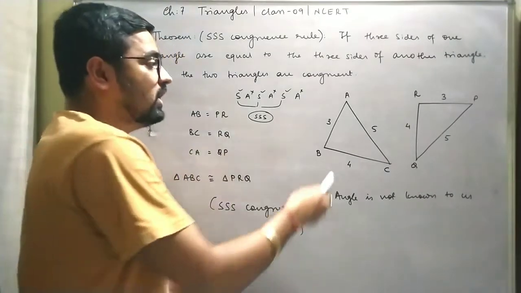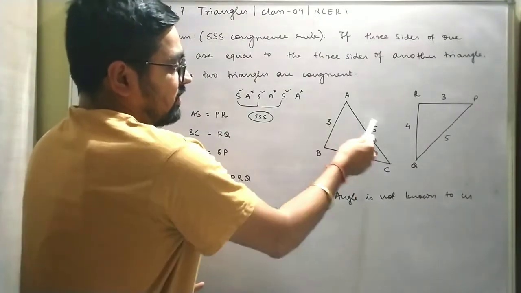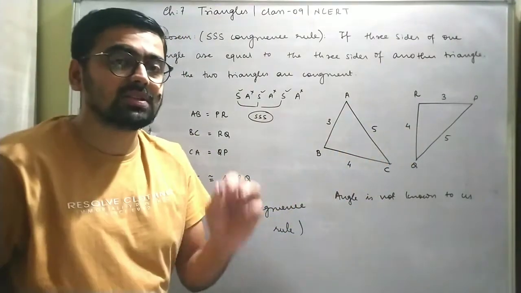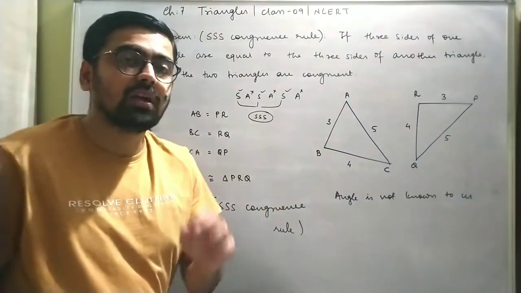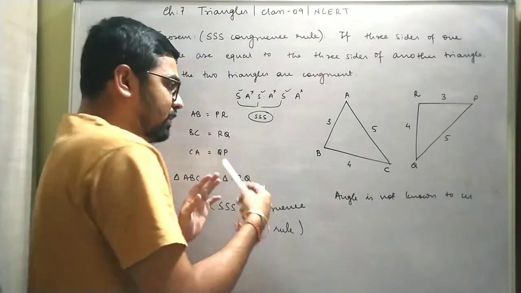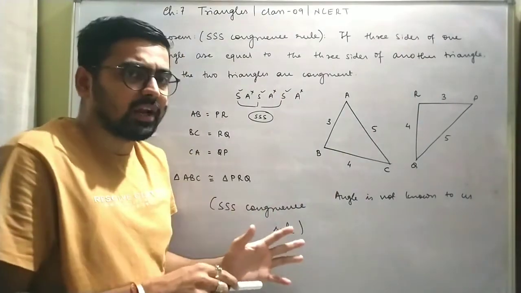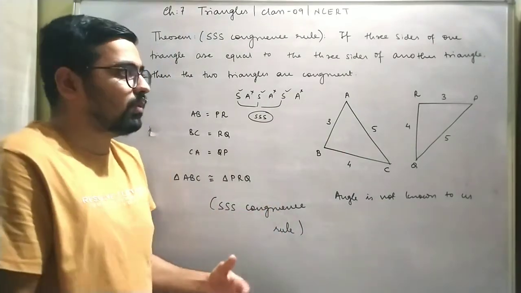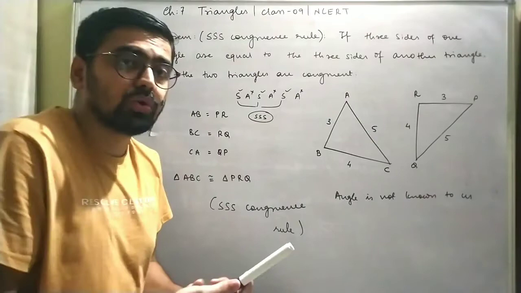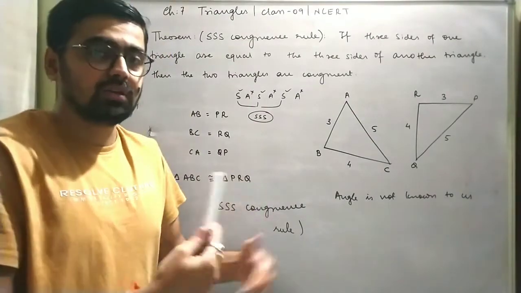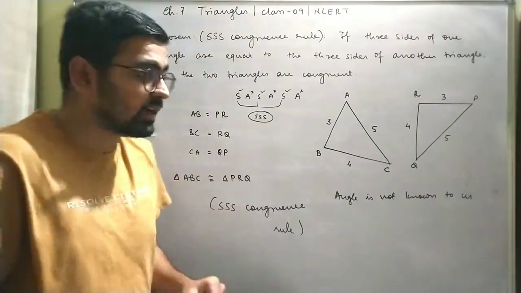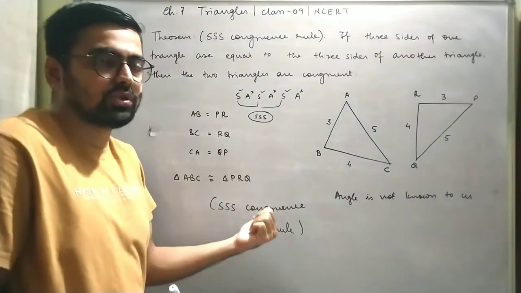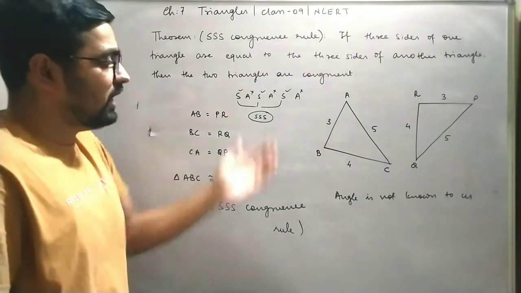But here the concept is, if we have a different size like this, and the corresponding sides of two triangles are the same, then we can say two triangles are congruent. Correct? Now, based on this criteria, we will try to understand a problem. But before we start solving a problem, I want to show you one more congruence rule that will help us to understand a few more problems. Before we go for that next congruence rule, you can pause the video and note it down.